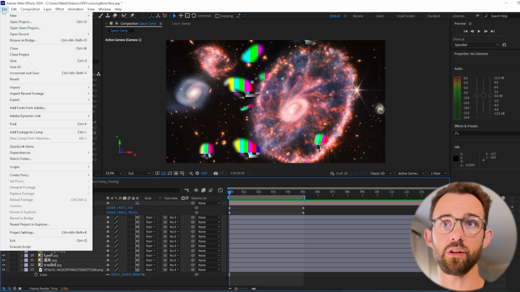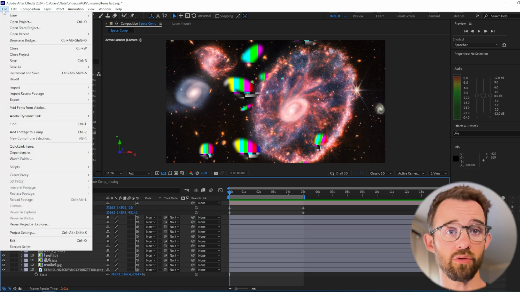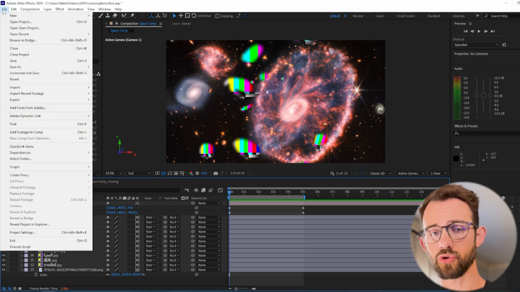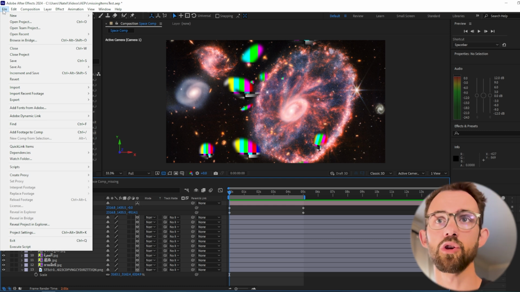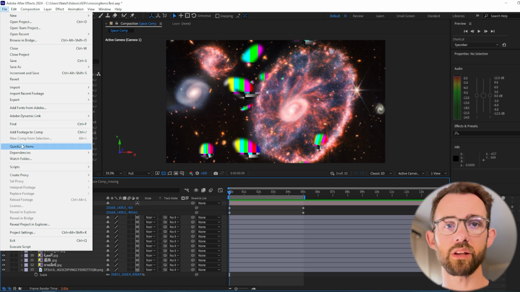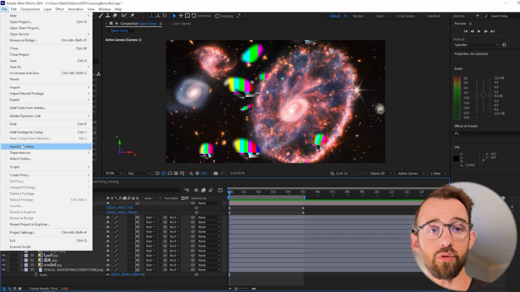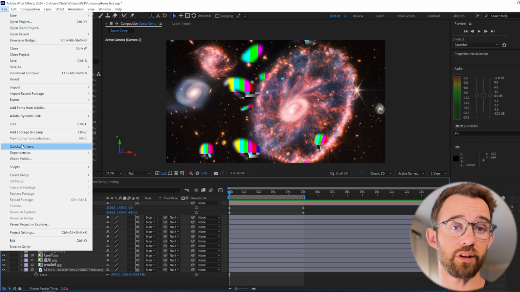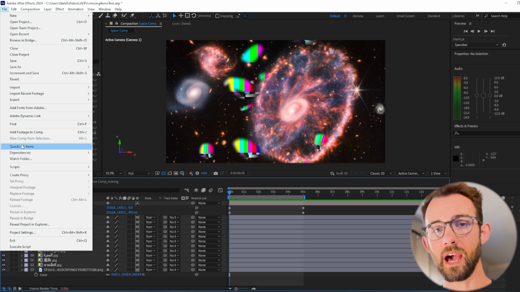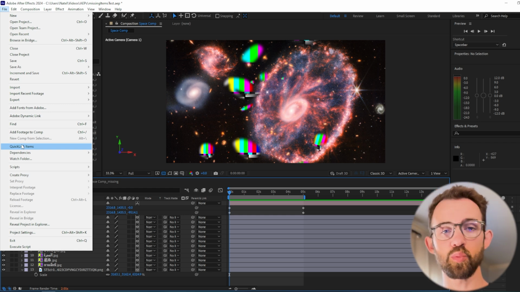With this plugin, which you can access from the File menu, which makes it super easy, no script, no extension to install and find in your interface, you can go to the File menu, QuickLink Items, and quickly find all of your files. This is an After Effects general plugin that fits right into the menu of After Effects itself, and this makes it super easy to use and super integrated to give you a sort of seamless new feature